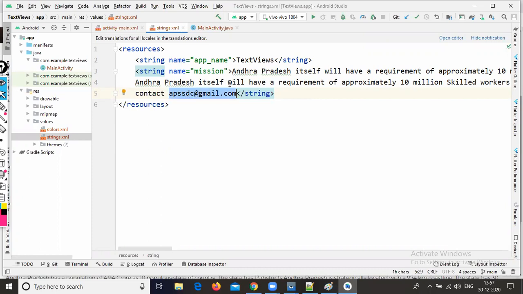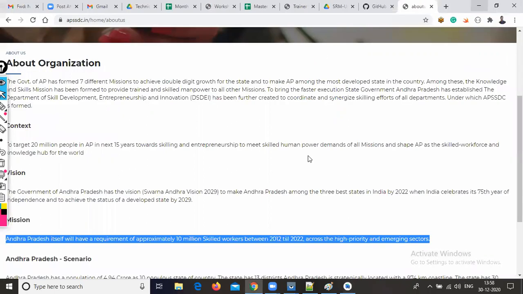And after that, in between the string, I'm using one website address, that is www.apssdc.in. At the same time, I want to use the toll free number, so just wait a minute.